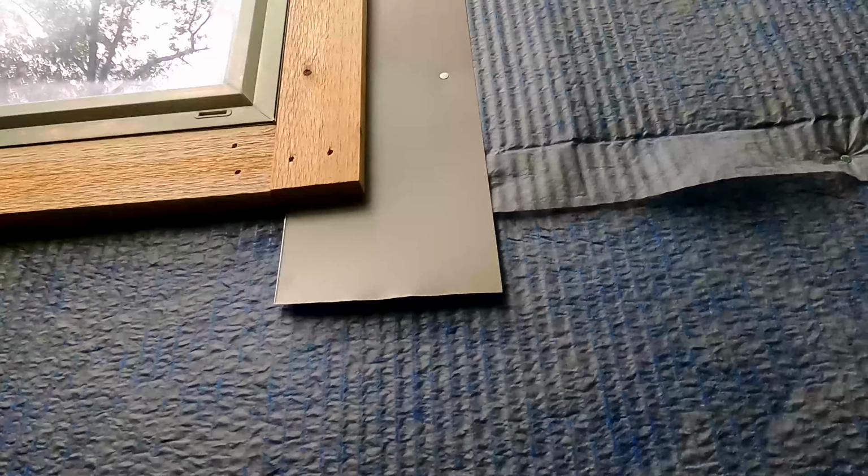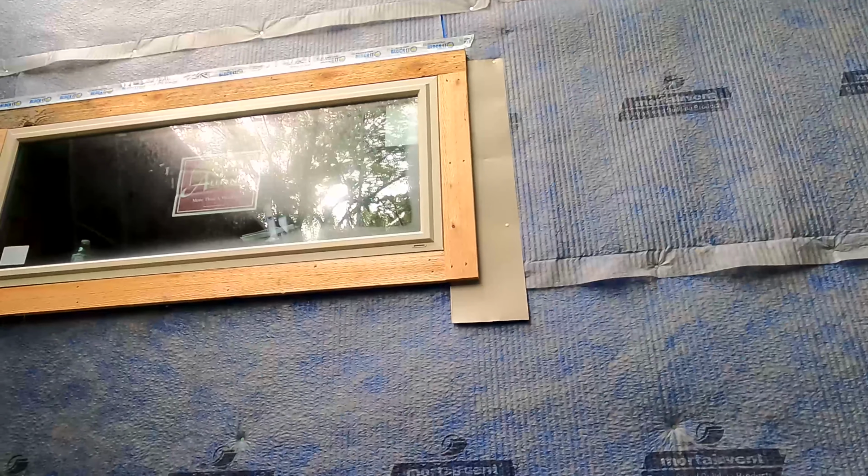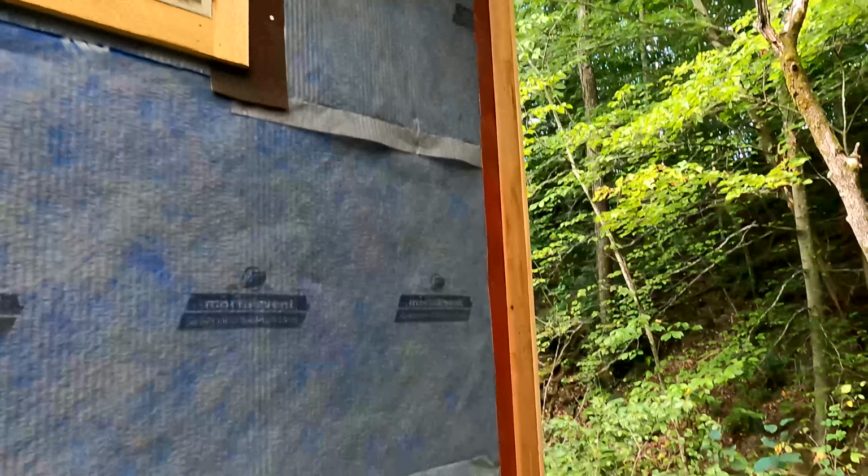Decided to put some aluminum flashing. They're just 8-inch rips of aluminum trim coil. Bit of leftover from some other jobs, but I decided to put it on the vertical legs of the window trim. That way the joint between the trim and the shakes won't leak. And as we shingle, one row will go under here. So if water does get back there, it will come out onto the rows below rather than running all the way down the wall before it comes out on the ground. You can see we did the corners here as well with this red. Like I say, it's just some scraps from what we were doing before, and I'll show you